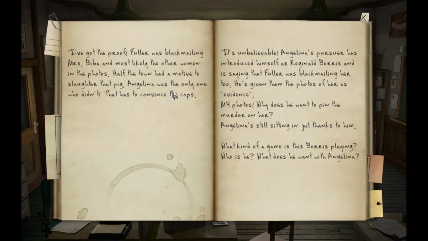I've got the proof. Fuller was blackmailing Mrs. Baiba and most likely the other woman in the photos. Half the town had a motive to slaughter that pig. Well, yeah, but so did you, Darren. You had motive to kill him also. Angela was the only one who didn't. That has to convince the cops. Well, let's... well, I'm guessing. Most likely Angela's innocent of the murder. But overall...